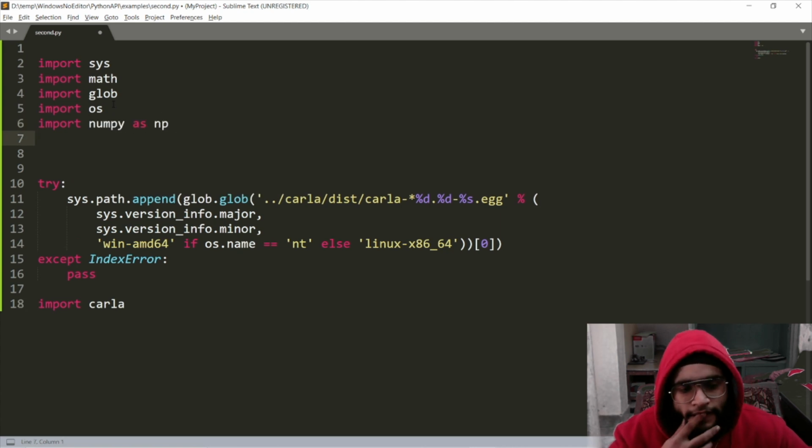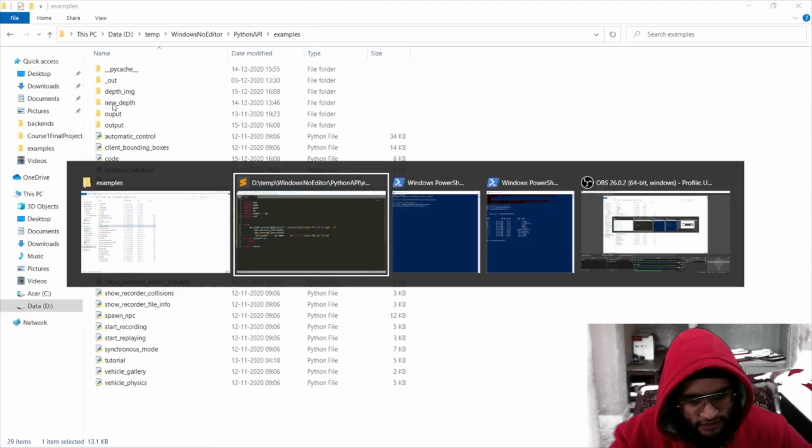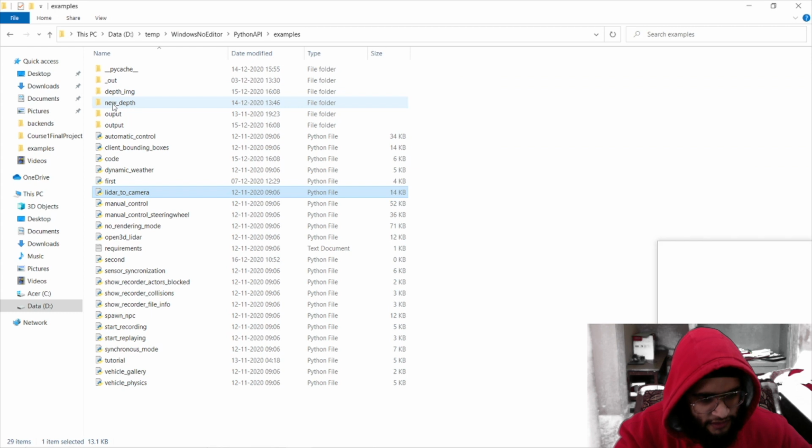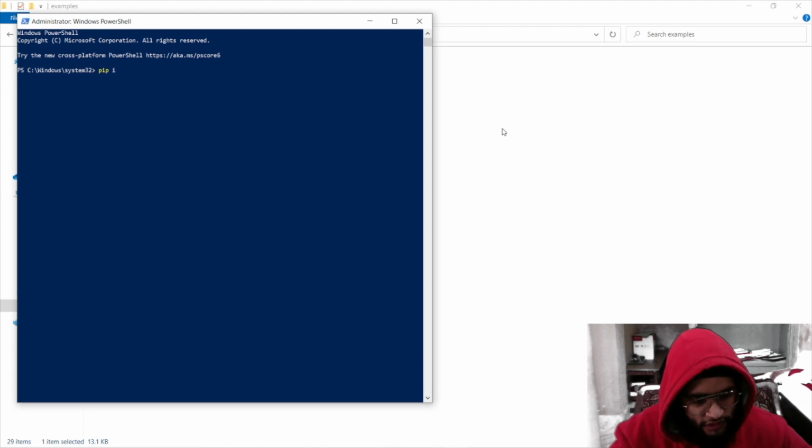Third thing I'll be needing is CV2. I talked about how to install these things in my previous part. But just a reminder, you have to be admin in PowerShell, and just write pip install whatever you want, like